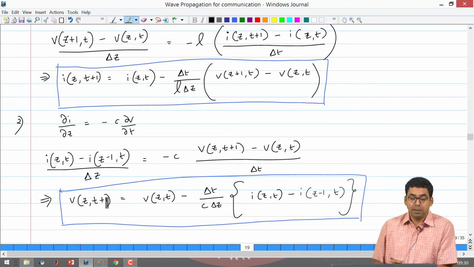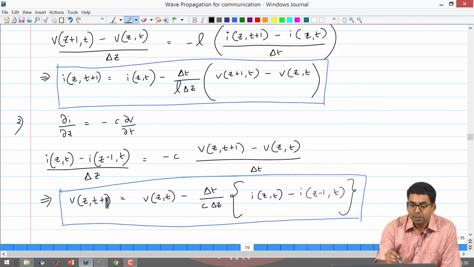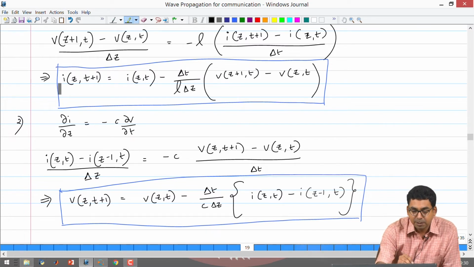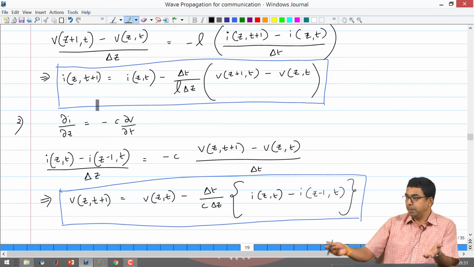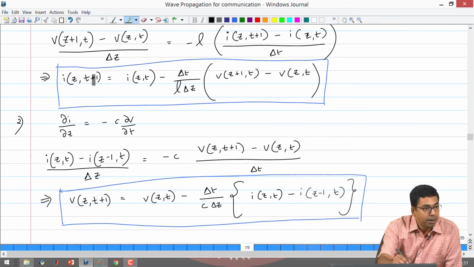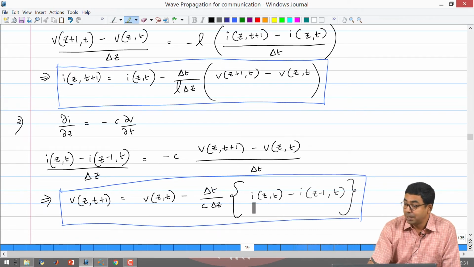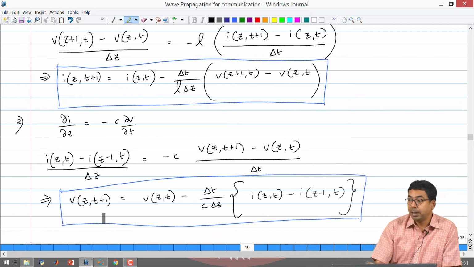So coupled partial differential equation here means that both have to be solved, one after the other, and the solution that you get from one has to be plugged into the other. This gives rise to some serious thoughts. When we were trying to solve this equation, I of z comma t plus 1 was the future, but once you have solved, that is your present value. Once you have estimated your current value, you will have to plug the t plus 1 value of current in as I of z comma t, and then you end up solving voltage for the next time instant.